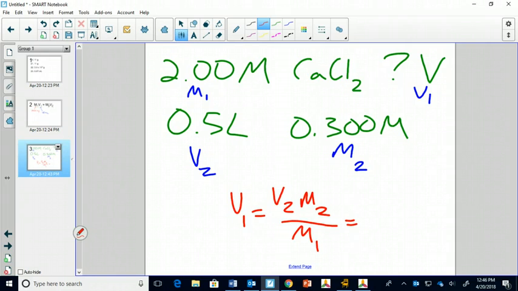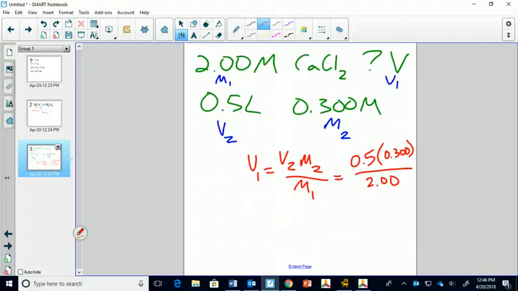Can we do the math? That 0.5 is multiplied by 0.300. I divide that number by 2.00. Right? And when you do the math, you can do the math, but